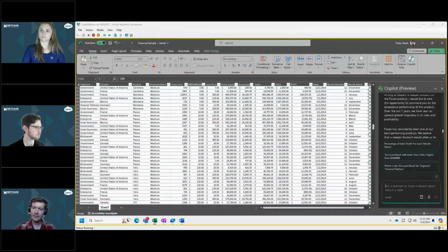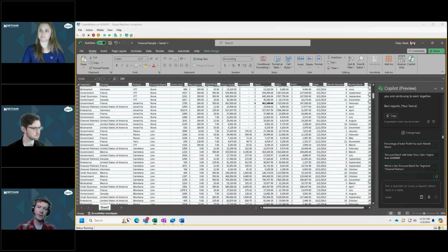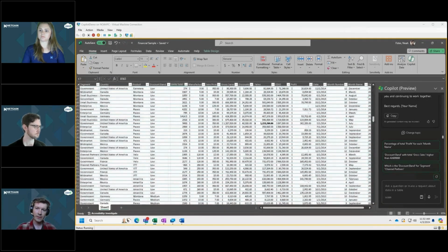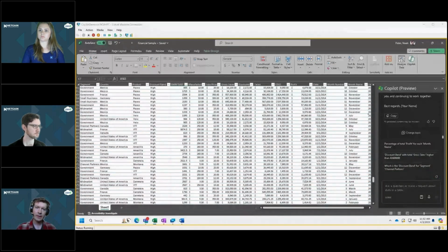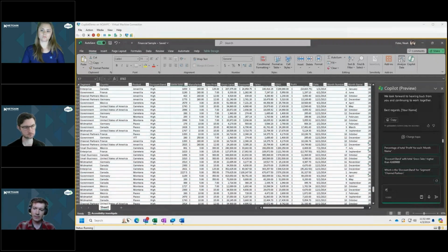Now, if we wanted to, we've already kind of demonstrated this a little bit, but I want to show you too, as an example, if anybody has a specific piece of information they'd be curious in. Let's look at, we probably want to know total units sold. So we could do a sum total. If you guys have played around with Excel, we can just come down here and do a formula and auto sum it. But the other thing that we could do is ask it a little bit more of a complex question. So please tell me the total number of units sold,